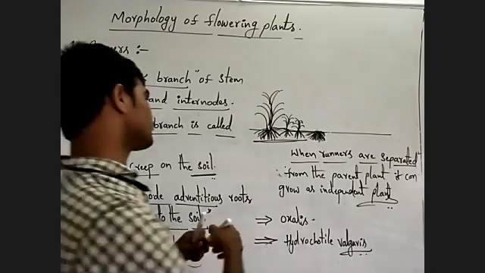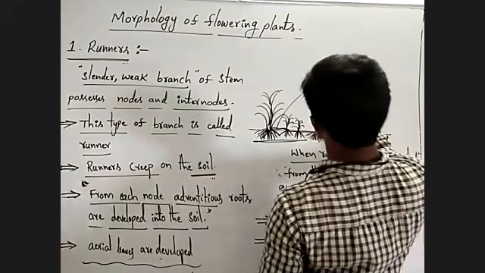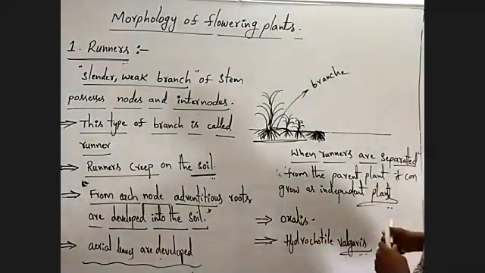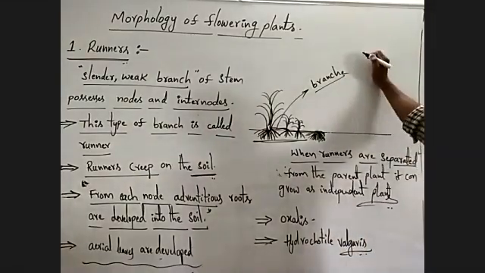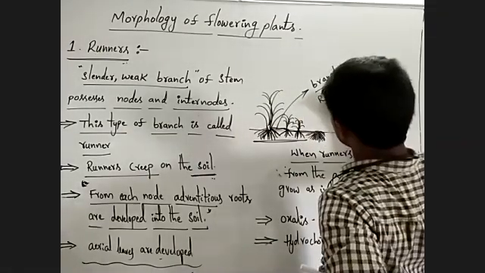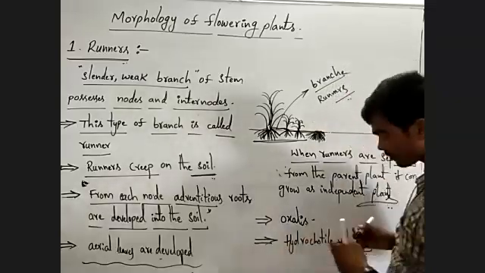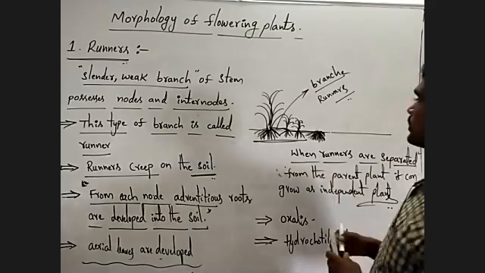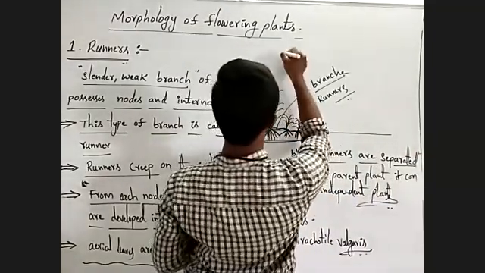Okay, this type of slender, weak branch is usually called runner. Whenever it is separated from the parent body,